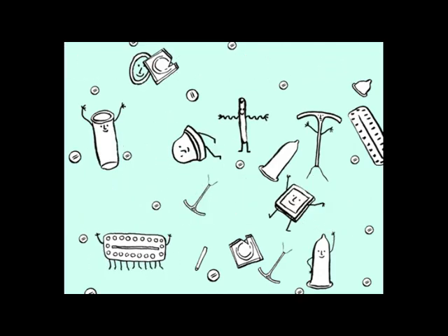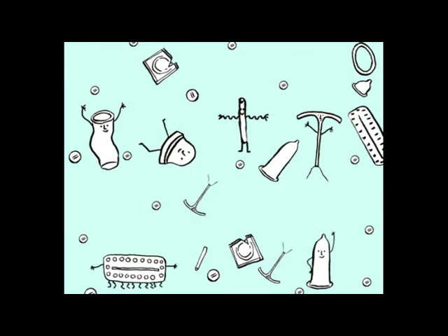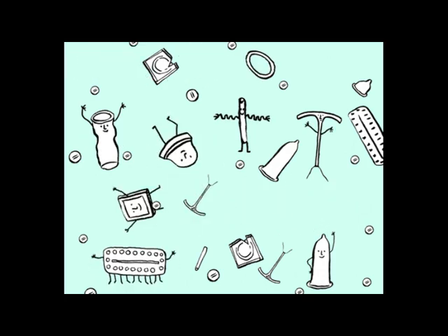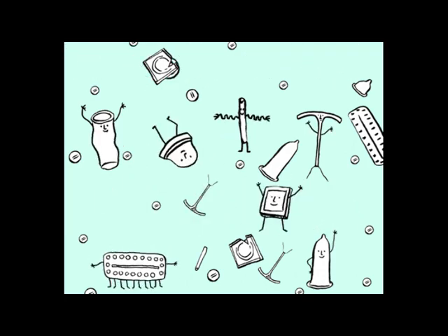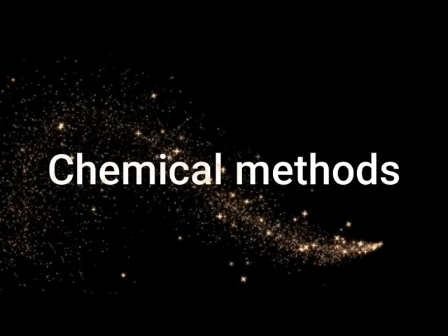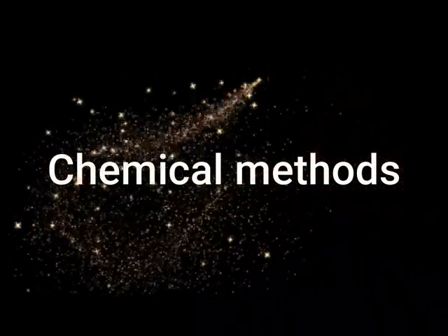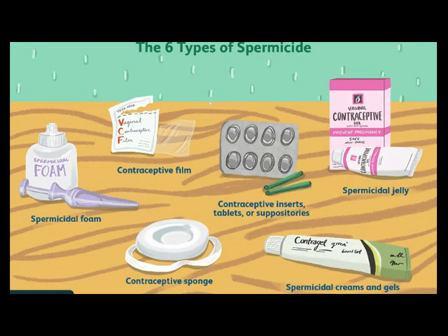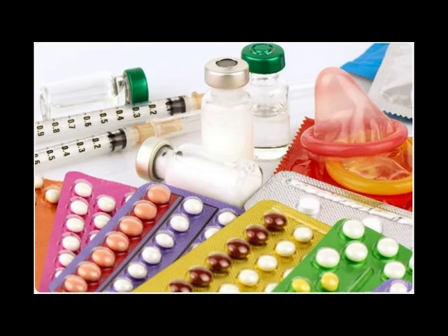If fertilization does not take place, then there will be no formation of any zygote or embryo. Now the chemical methods. What are the chemical methods? From the name you can tell that they must include chemicals, that is foam tablets, jellies, paste, creams and spermicides, which are some common chemicals used by females. These are placed in the vagina.